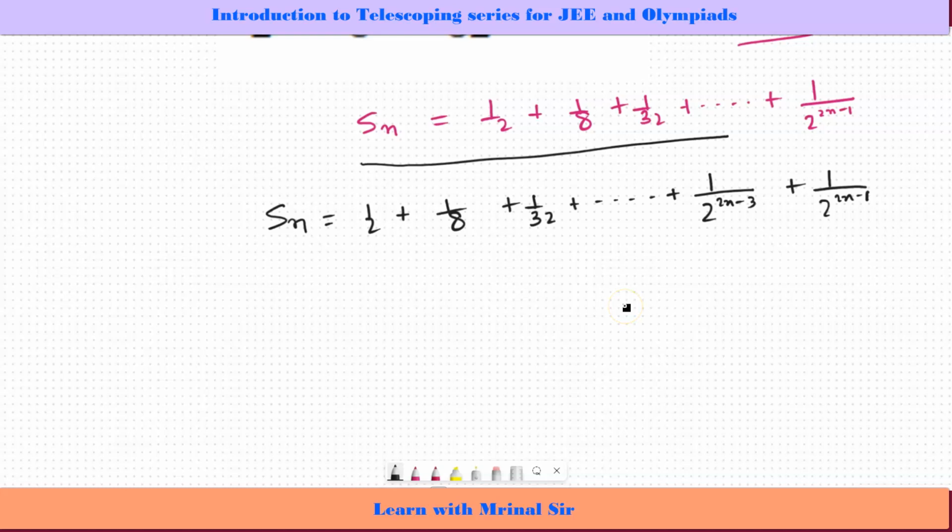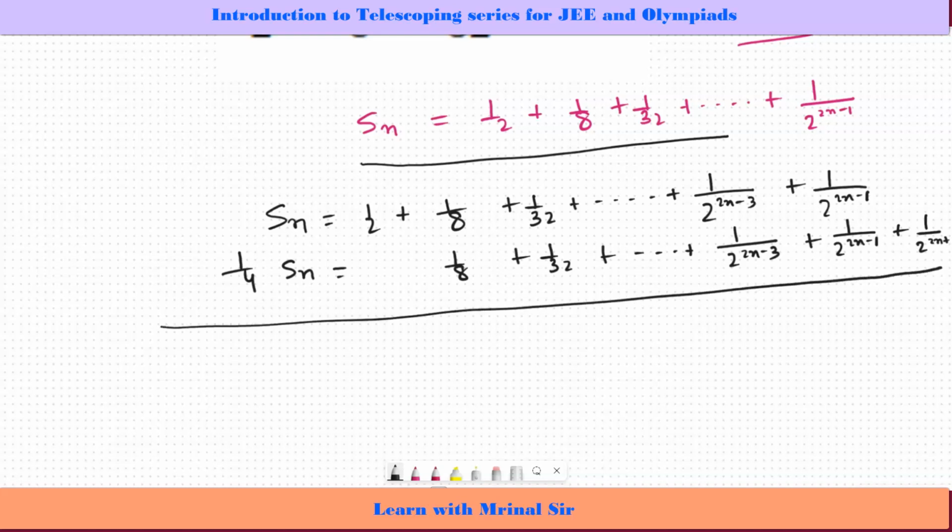We are multiplying both sides by 1 by 4. 1 by 4 Sn, you multiply this by 1 by 4 and start writing from here. 1 by 8, 1 by 32, 1 by, the previous term was 2 to the power 2n minus 5, it is reduced to 2n minus 3, and when you multiply this by 1 by 2 square, it will be 1 by 2 to the power 2n minus 1, and the next one if you multiply by 1 by 4, it will be 2 to the power 2n plus 1. Now if you are subtracting